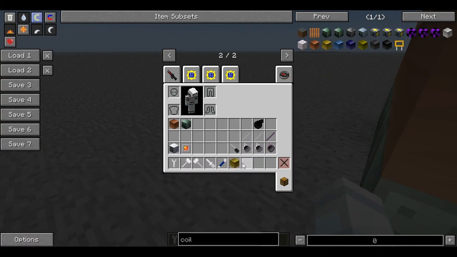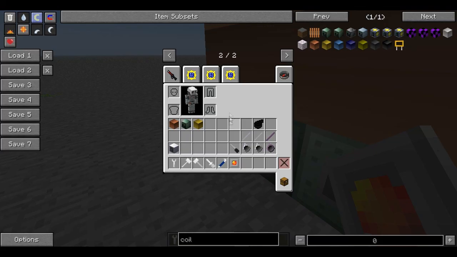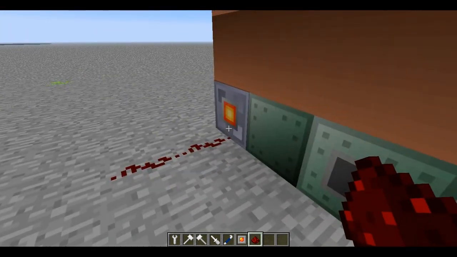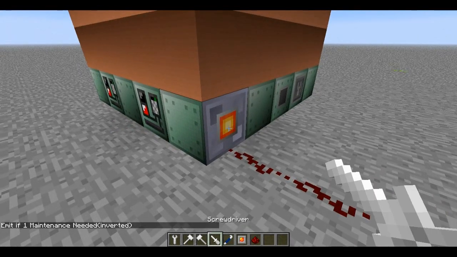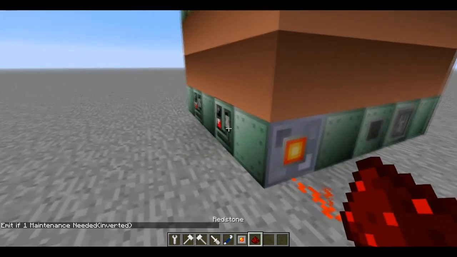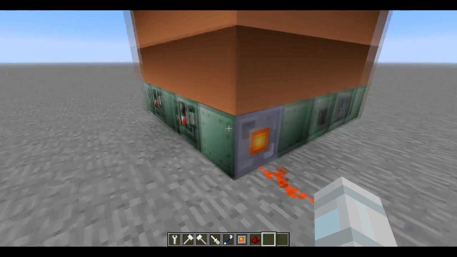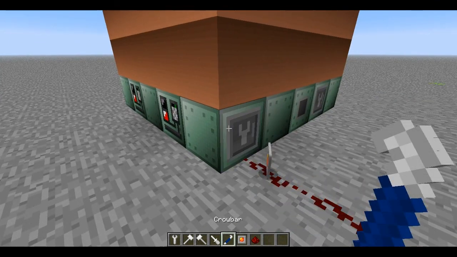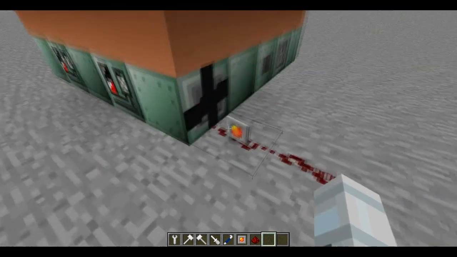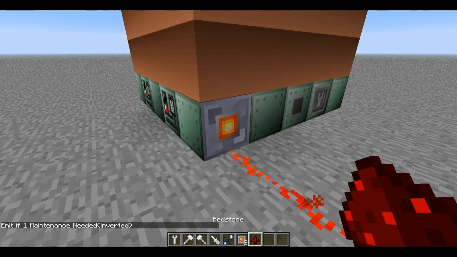Or we could do something more advanced like placing a need maintenance cover that, when a multiblock requires some maintenance, is just going to emit a redstone signal. See? It needs maintenance. A lot of it. Now let's fix it. Or should we be able to fix it? With duct tape. Make it that very beautiful sprite. Now place it again. Invert it and